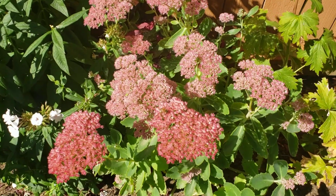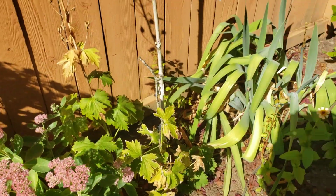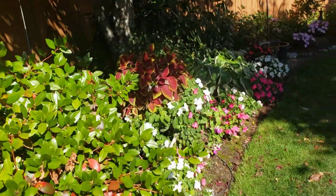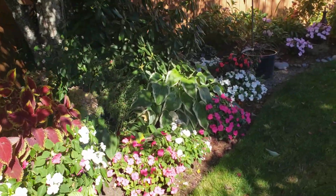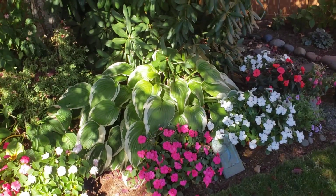Oh, a bumblebee on the sedum. Sedum is so pretty this time of the year. I'll put it in some of my bouquets. And we have the shade garden and all my impatiens. See, isn't that pretty when I get...